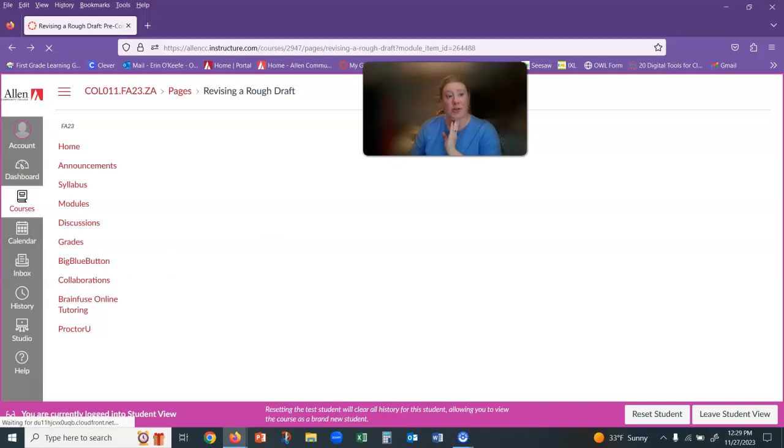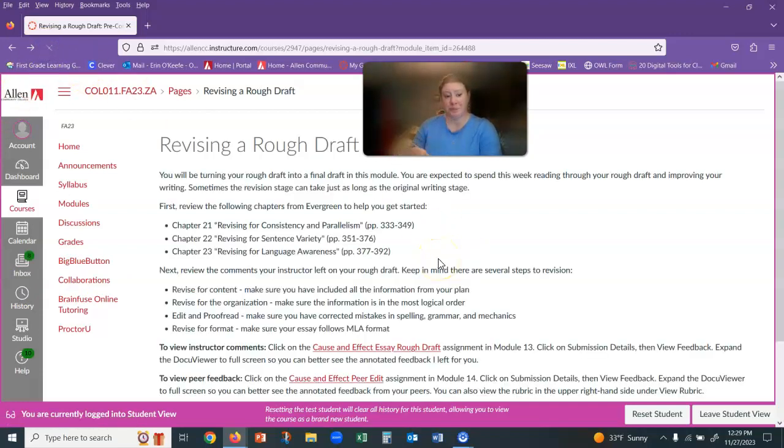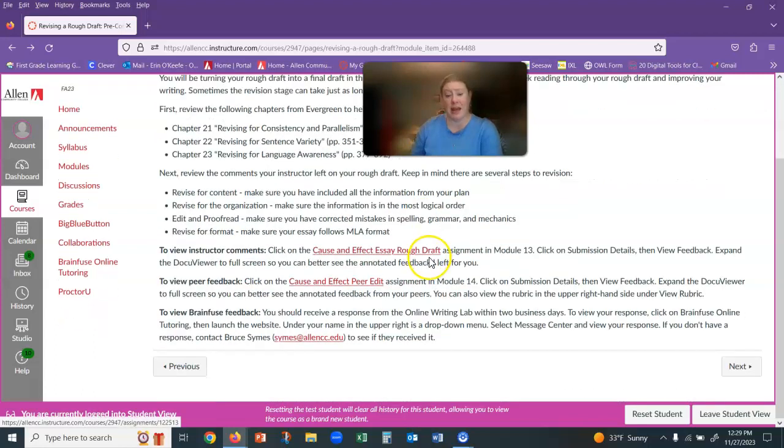If you did not use the BrainFuse task, and you just sent it through BrainFuse, it'll show up in the same place, but you may also have emailed it directly to him, in which case he would have emailed you back. So you'll have to actually look for that feedback.